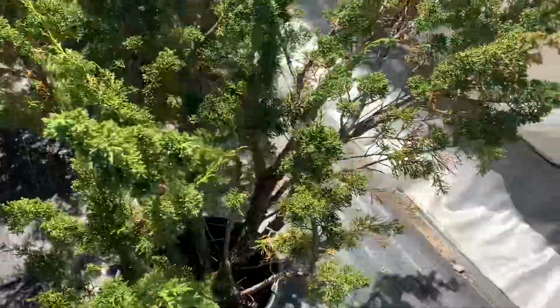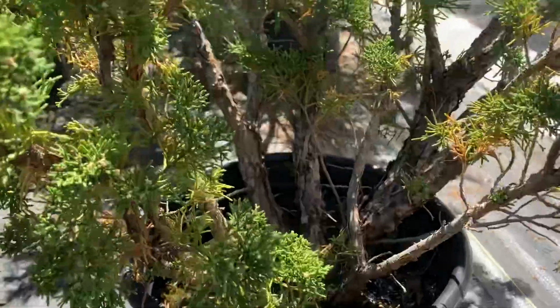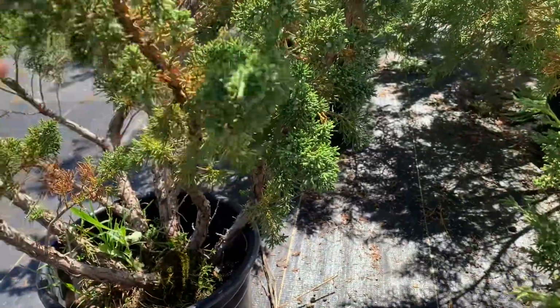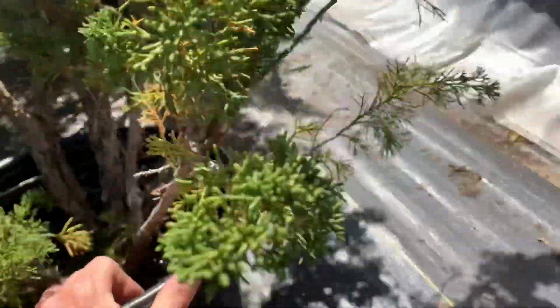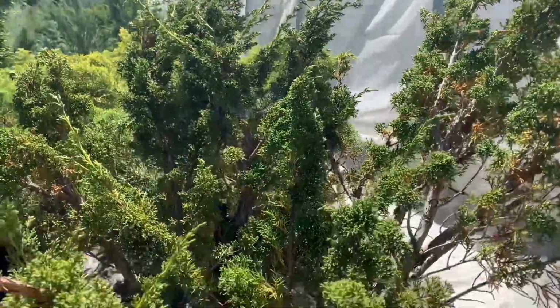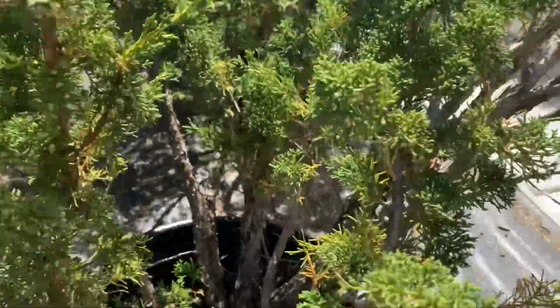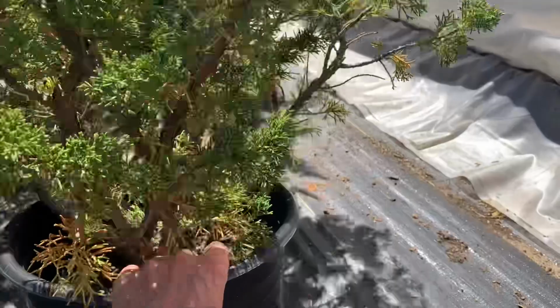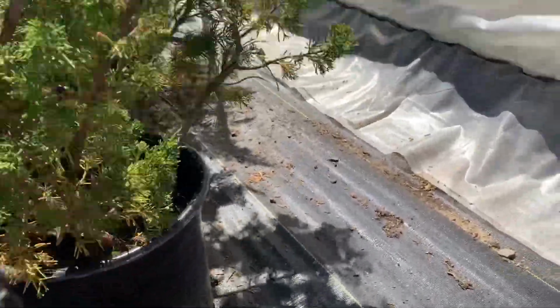This here is one of the ones that I get. And you'll see what I do with it later. I have an idea of turning it up and making a small forest, like 3 or 4 trees clumped up. But this is Shimpaku, and you can just see how much it clumps. Now this tree is struggling a bit. I think it's been in there a long time. So